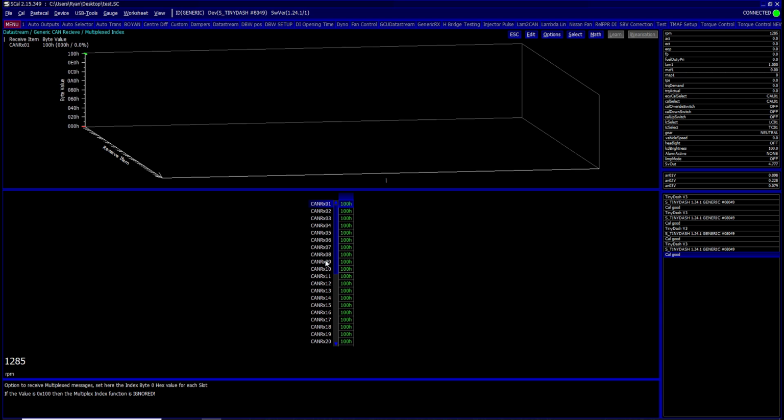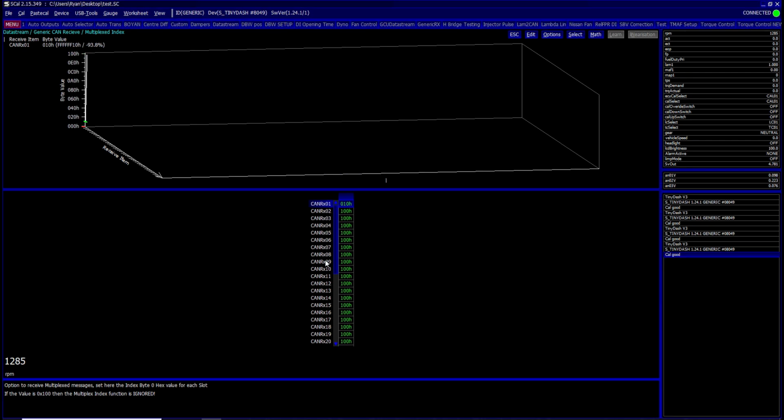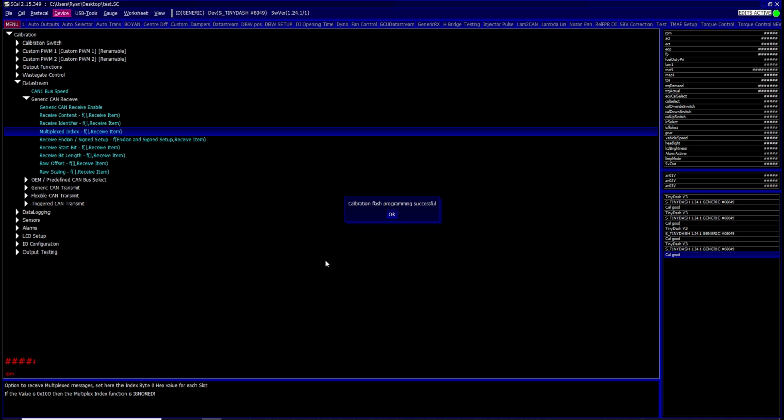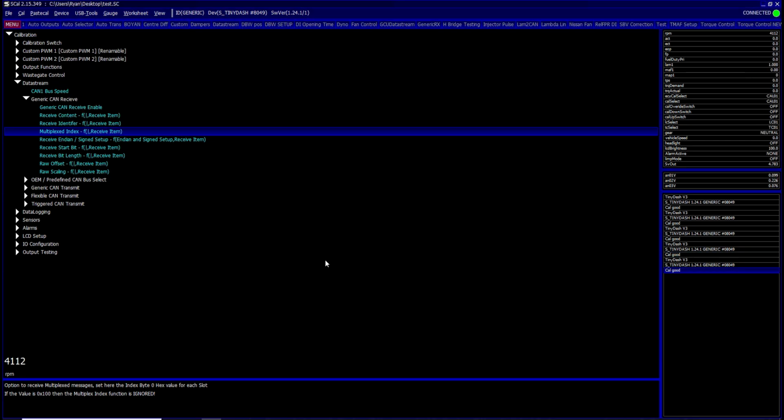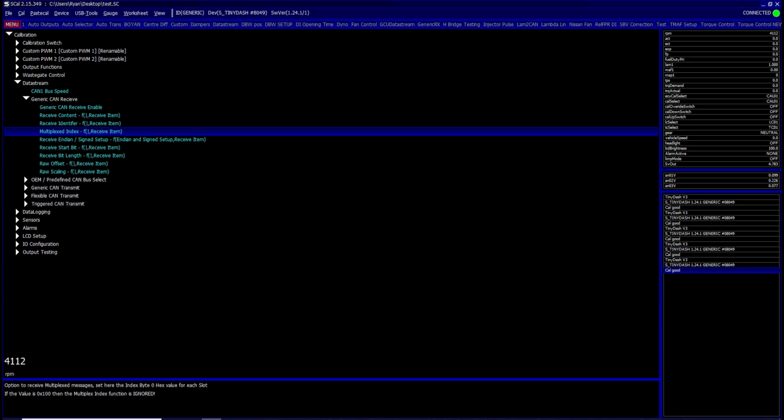So what I'm actually going to do is say, okay, I'm only interested in picking up, say, the first layer at the 10. So I'm going to change that, and then the receive function will only be looking at the values in this frame of data where the multiplex first byte is at 10. So then it'll be looking at the 10 and 10 there. So let's say we've got it, so it's picking up